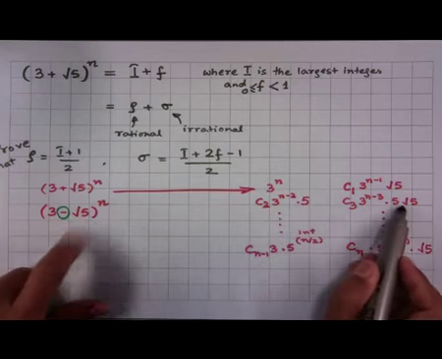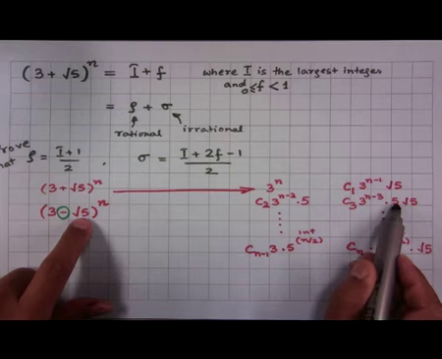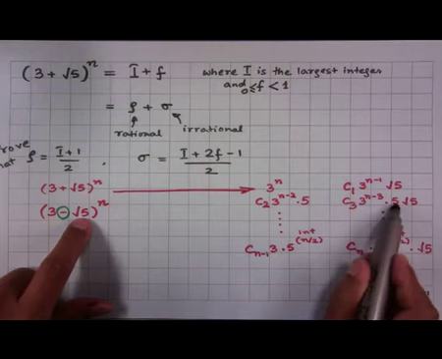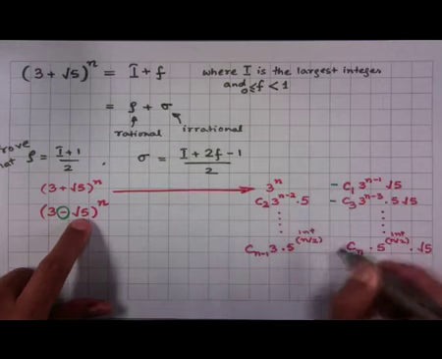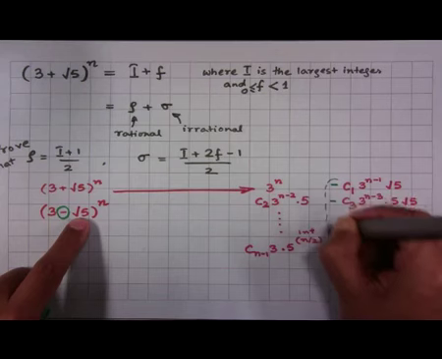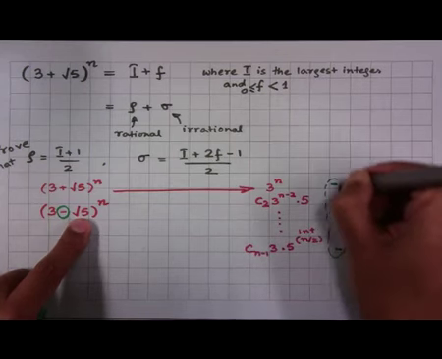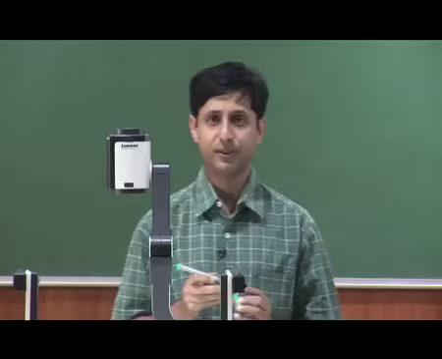Whereas, for this I would have had to choose 3 of the root 5s, which gives me minus 5 root 5. So, this would have been a minus over here, minus over here, and what you are going to find is that all of these would have come with an extra minus sign. Okay. So, this is the observation,